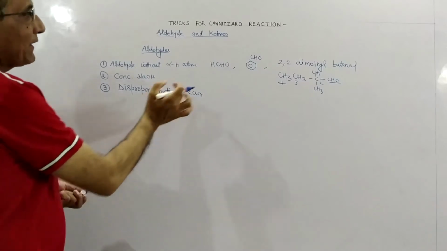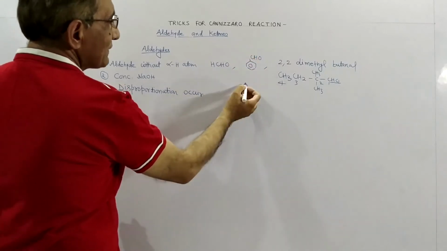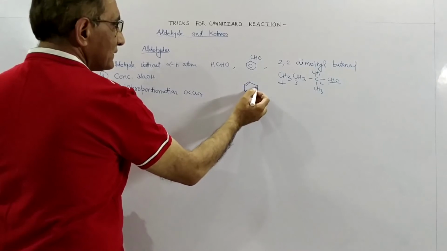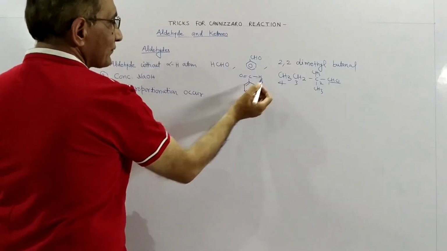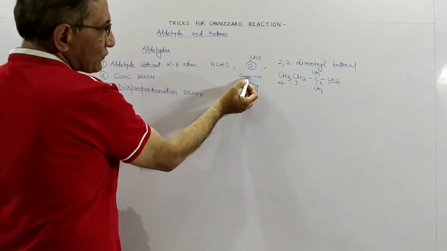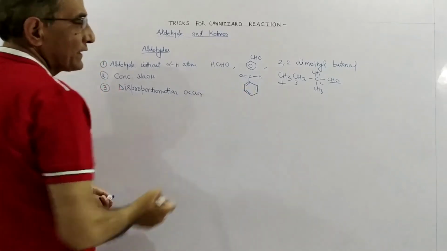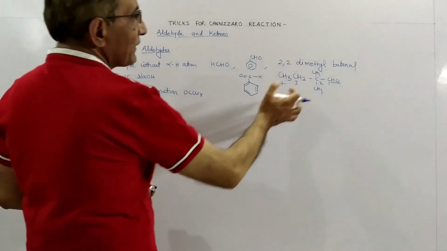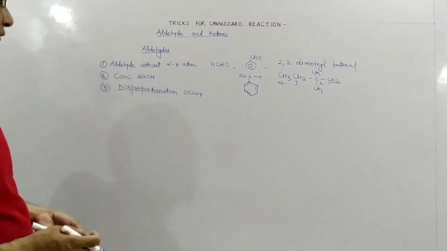And similarly, in formaldehyde we don't have an alpha carbon. Here we have an alpha carbon, students, but no alpha hydrogen. We can understand it like this: we have this CHO functional group, and this carbon's valency is 1, 2, 3, 4. It means there is no alpha hydrogen here. Alpha carbon is there, but there is no alpha hydrogen. Similarly here we have alpha carbon but no alpha hydrogen. Here we don't have alpha hydrogen or alpha carbon.